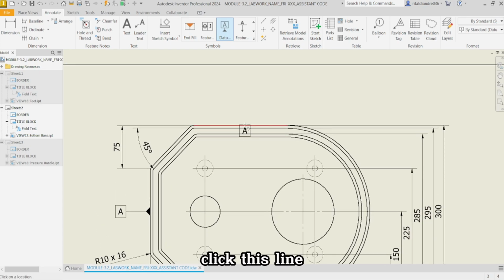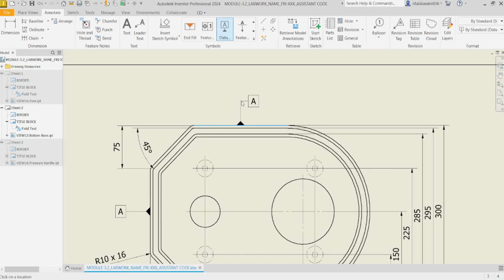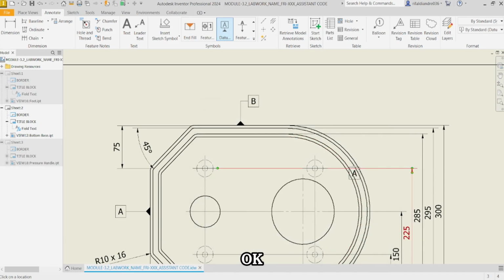Next, click this line and drag datum to upper side, left click and change datum to B. After that, click OK.